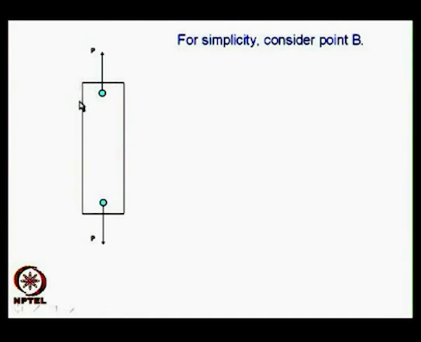Now, what we will do is take up a simple problem of a tension strip. I have taken pains to show the loading like this. I have not shown this as a uniform loading because I want to draw your attention that this is a free outward corner, and this is where I have applied the load. And what happens to this surface? This is a free surface, this is also a free surface, because I have applied load only here; I have put a pin here and I am pulling a load. So, at distances away, because of Saint-Venant's principle, you will have the uniform stress distribution. Now, you take a point B